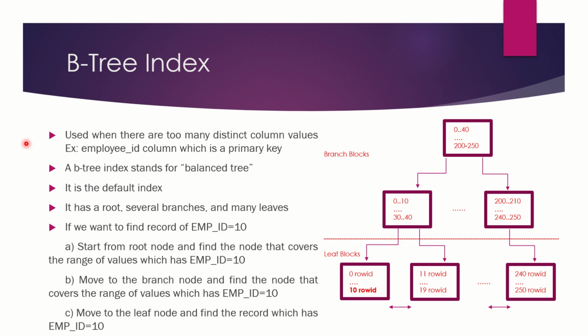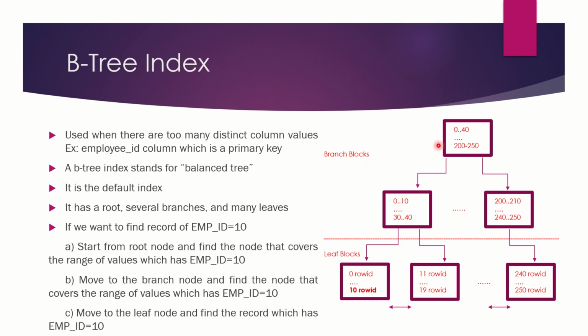Now we saw in the previous slide that a B-tree index will be beneficial when we are trying to access less than 15% of the rows in terms of execution time. Else, a full table scan will be a better option. Let's see why this is so by understanding the B-tree index structure.